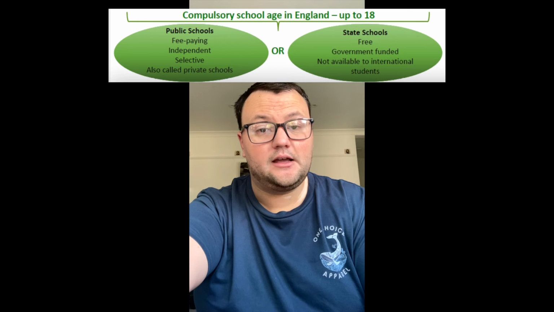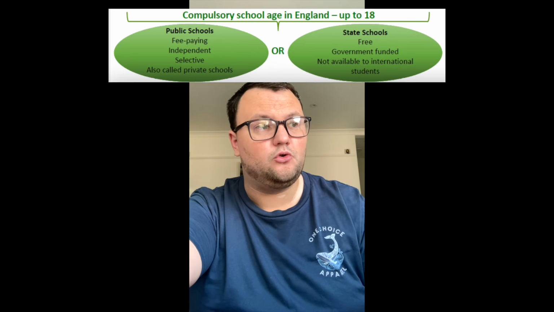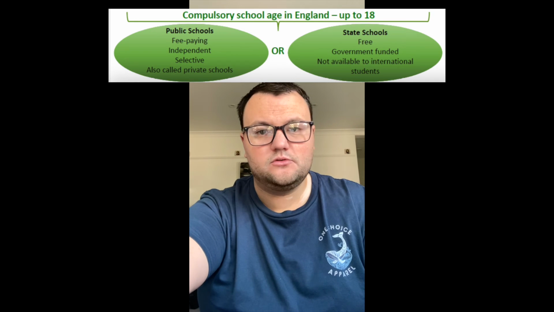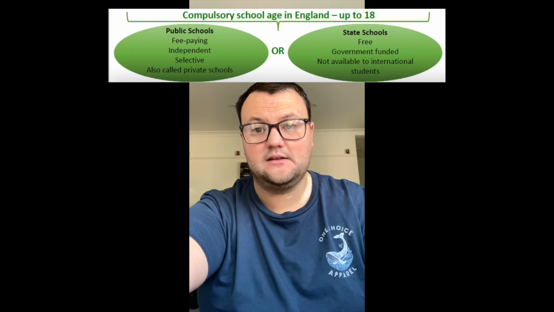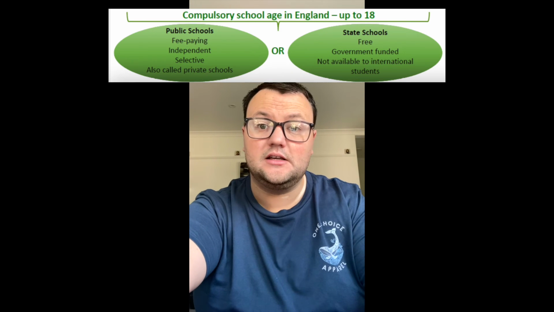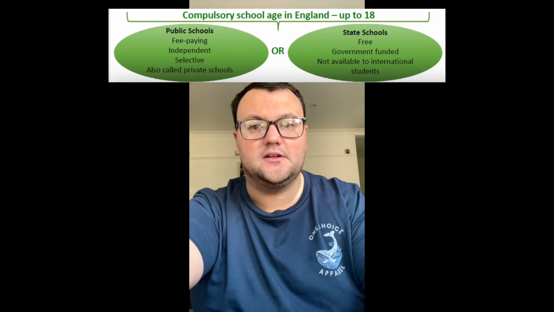We've talked a little bit about the exams involved and things like that. I just want to also talk very briefly about the different types of institution. So we have what we call public schools over here, and state schools. Now, public schools have a lot of names. You can also call them private schools, fee-paying schools, independent schools, whatever you want to call them. Basically, it means that the parents pay the tuition for the education. State schools is when the government funds the schools as opposed to the parents or whoever's looking after you.